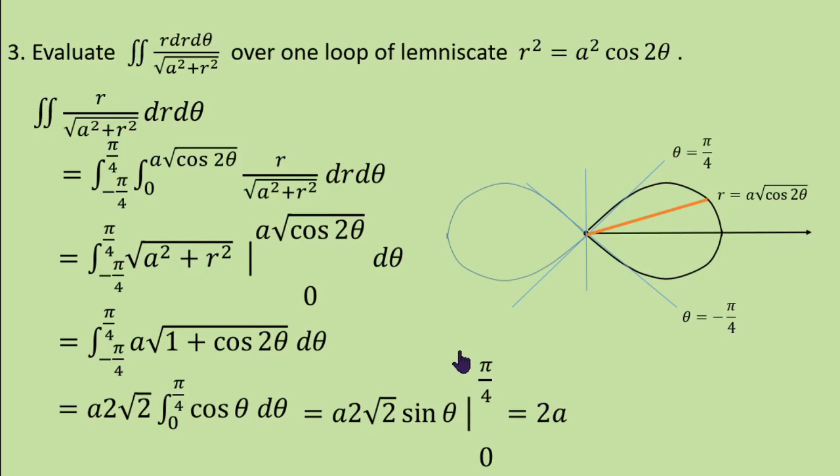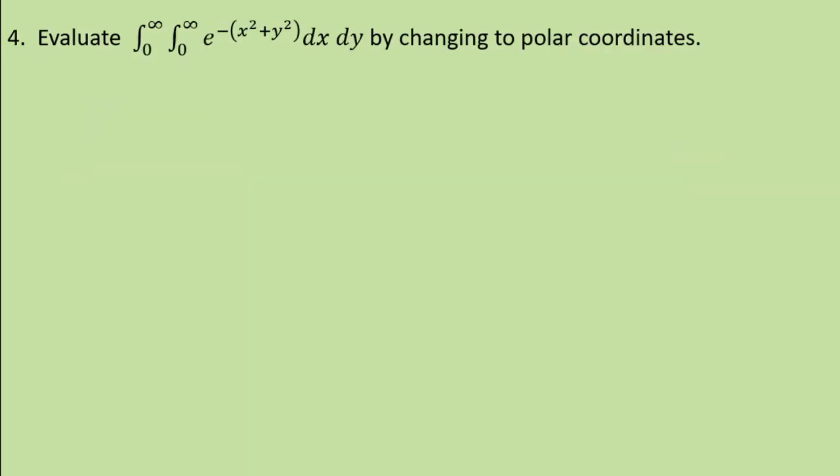Now, in the next 2-3 problems I am going to discuss how we can convert from Cartesian to polar form. I will repeat once again. From Cartesian to polar form, put x is r cos theta, y is r sin theta, and dx dy is r dr d theta. Careful here, dx dy is r dr d theta. And not only that, convert the limits into polar form.